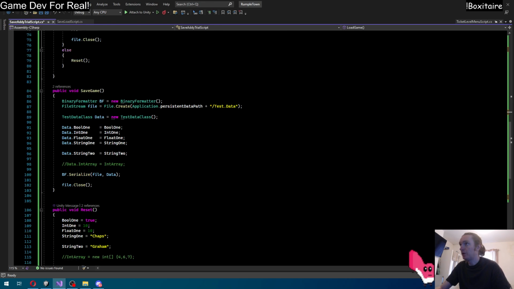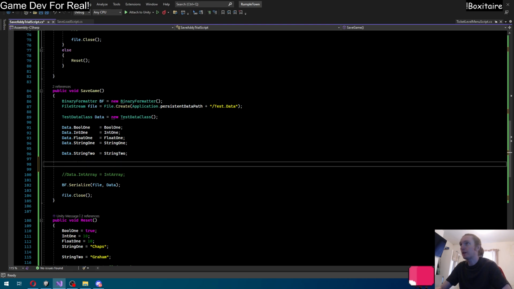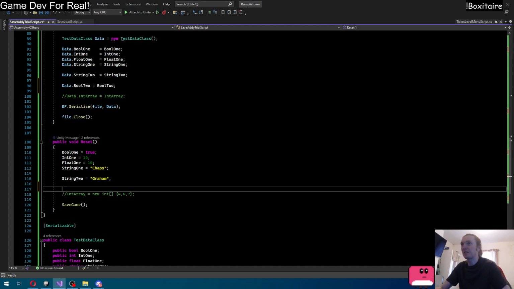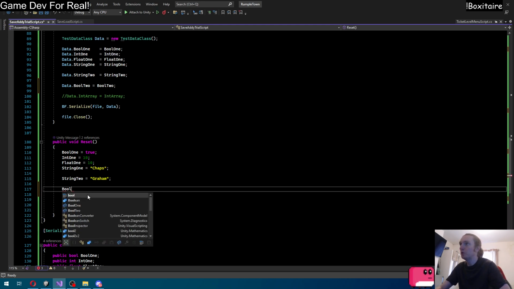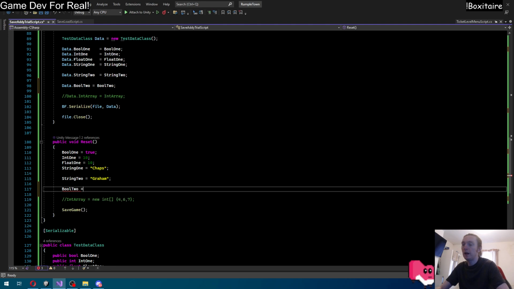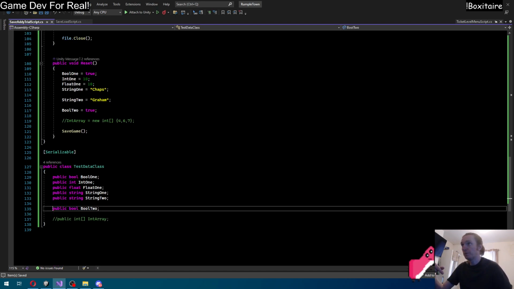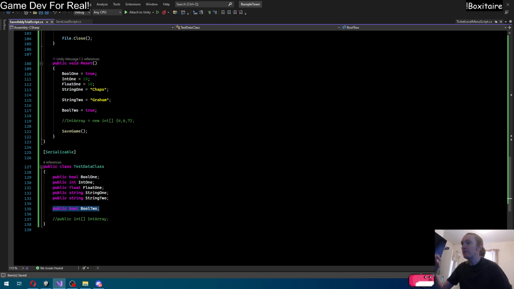And upon saving the game, we want to set data.bool2 to equal bool2. But now we can do something a little bit spicy here. It doesn't sound that spicy, but we're going to go bool2 equals true. Okay. All right. So the issue that I thought was going to occur would be when we're loading, which is